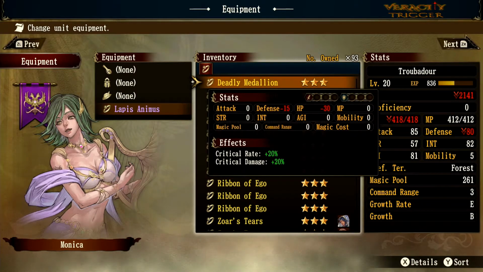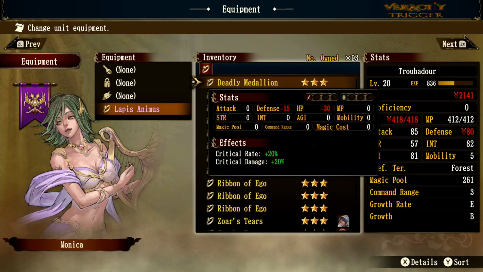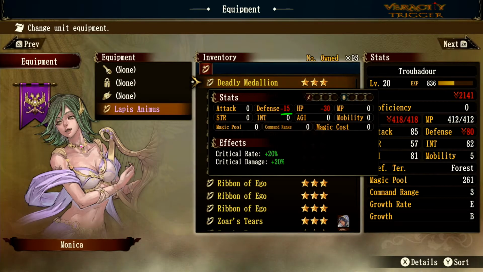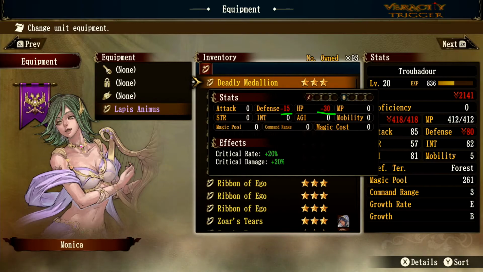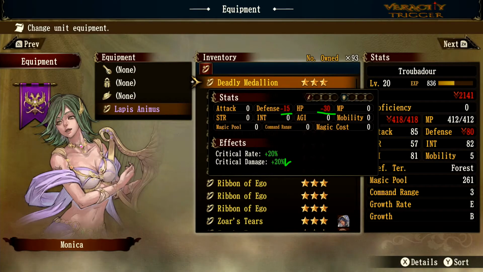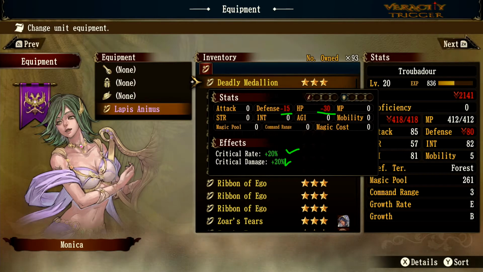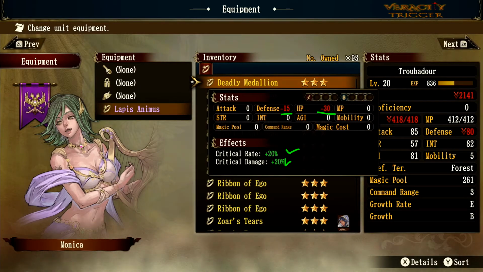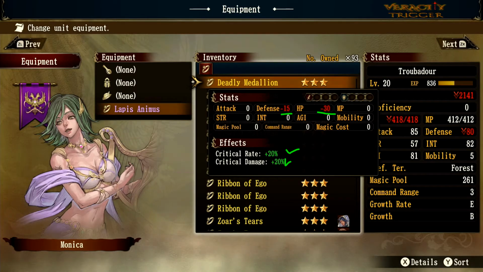Deadly Medallion. Now this one is if you want to crank out damage. The only unfortunate side effect to it is there is minus 15 defense. That is horrible. Minus 30 HP. That is horrible. But it brings up your crit rate and your crit damage. So your crit rate, the percent at which you could do a critical on them, let's say you had 10 or 15%, now you'll be up to 30 or 35% chance to do a critical. Now when you actually land a crit, it'll be 20% more crit damage